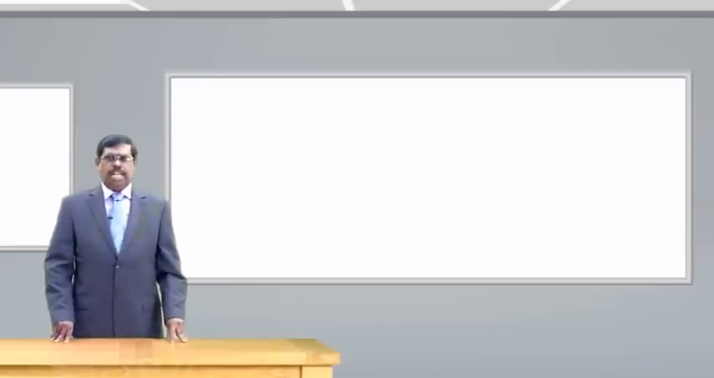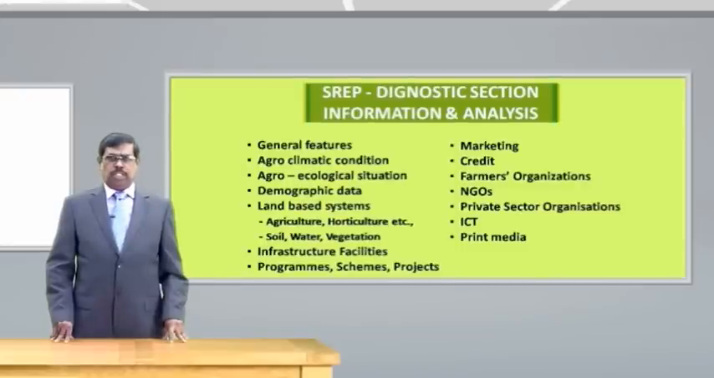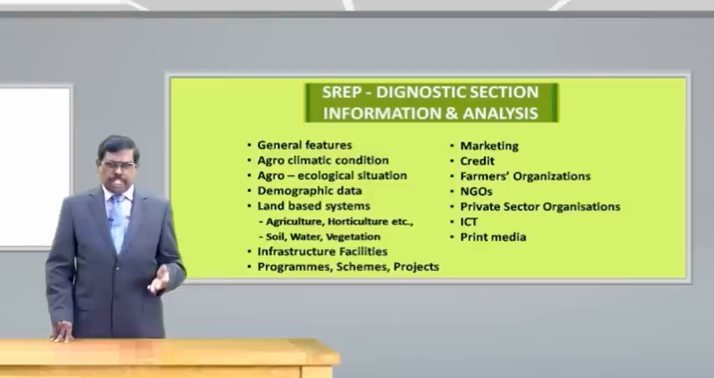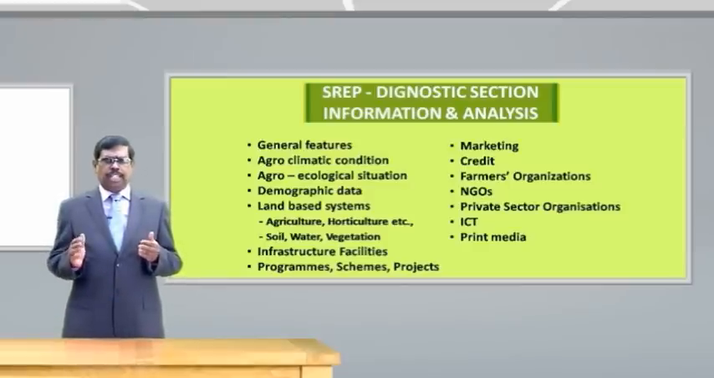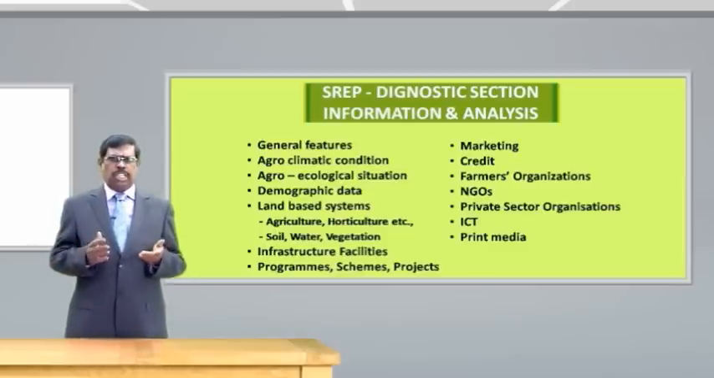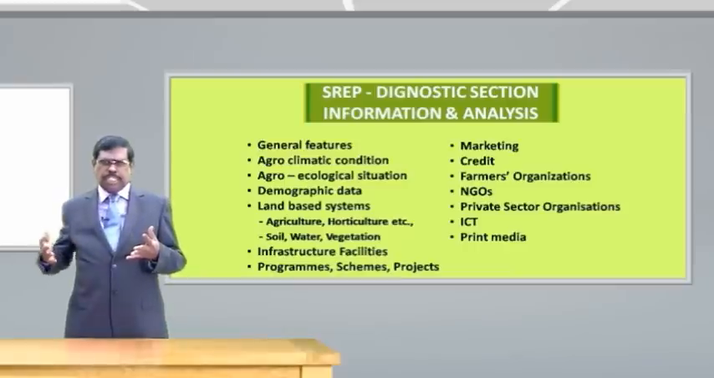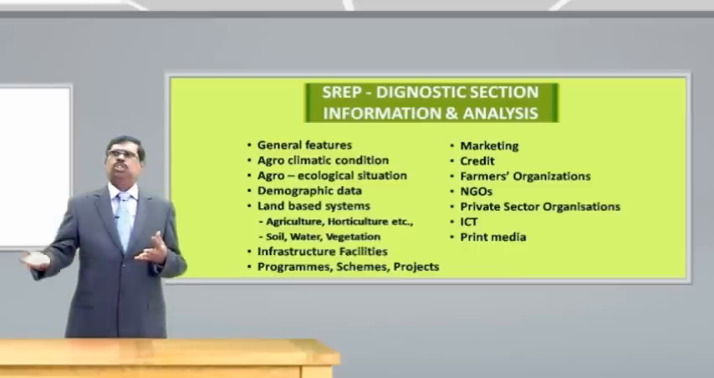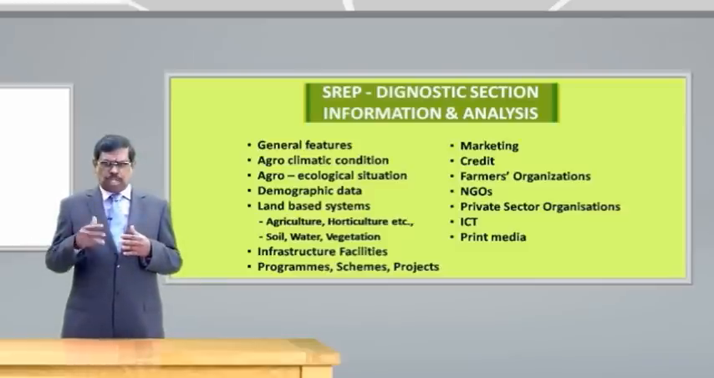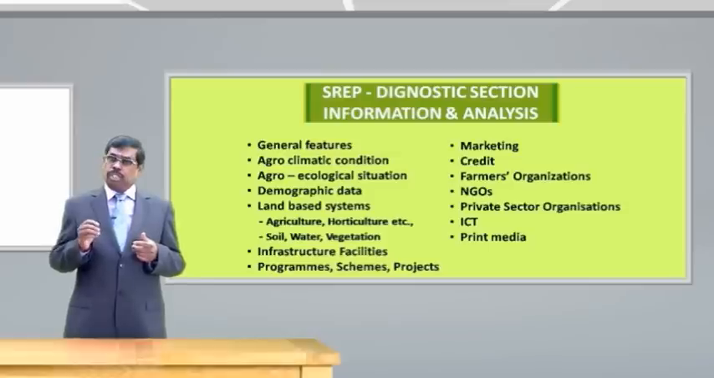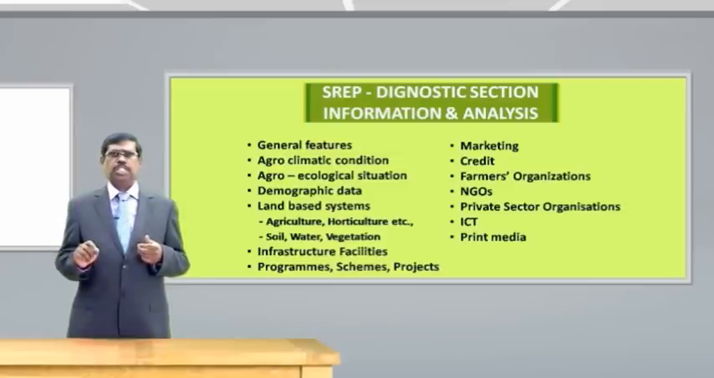Well, now let us see what kind of information we need to collect under the diagnostic section. We can see here, we need to have the general features of the district, agroclimatic conditions, agroecological situations, demographic data, and the land based system, and in that we need data related to agriculture, horticulture and other enterprises, and the soil, water, vegetation, nature and types, and also infrastructure facilities for production, value addition and marketing, and the programs, schemes and projects already going on in the district, and marketing aspect, credit aspect, and very importantly the various farmers organizations already functioning there,